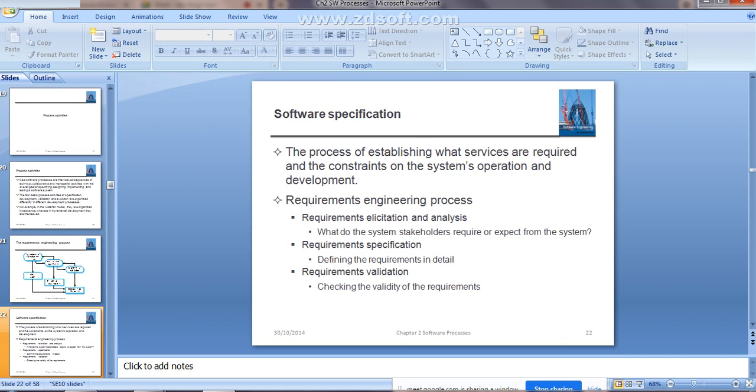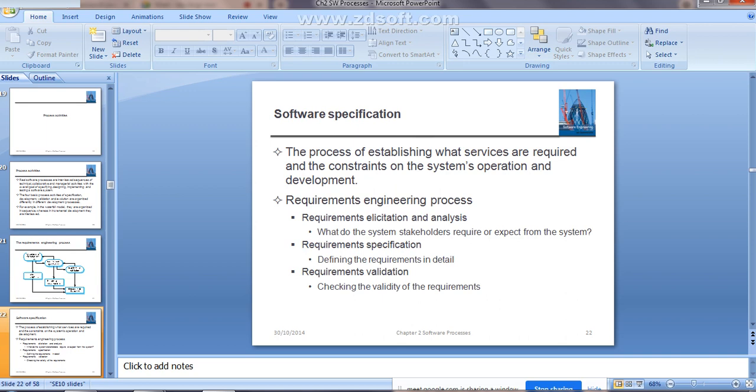According to the stakeholders or the customer need, what you are going to expect from this system is defined in the requirement elicitation and analysis. Now whatever information you have gathered from the analysis phase, you are translating into one document.